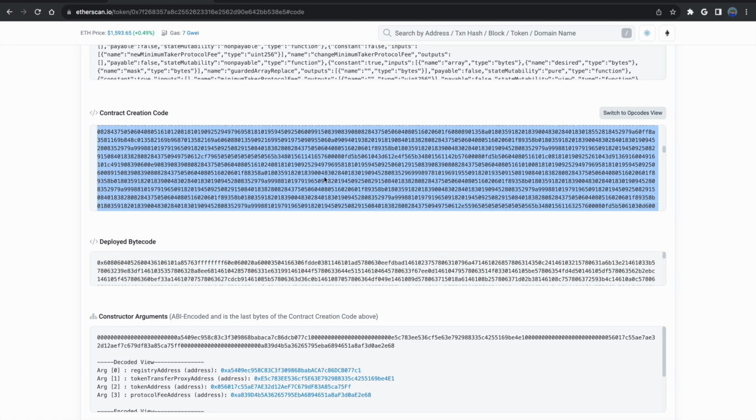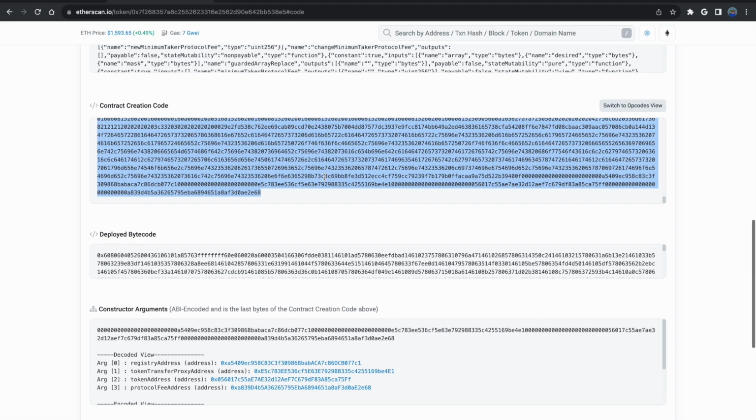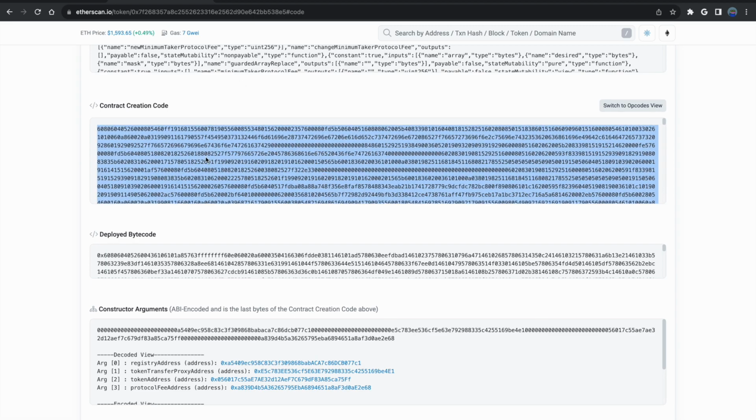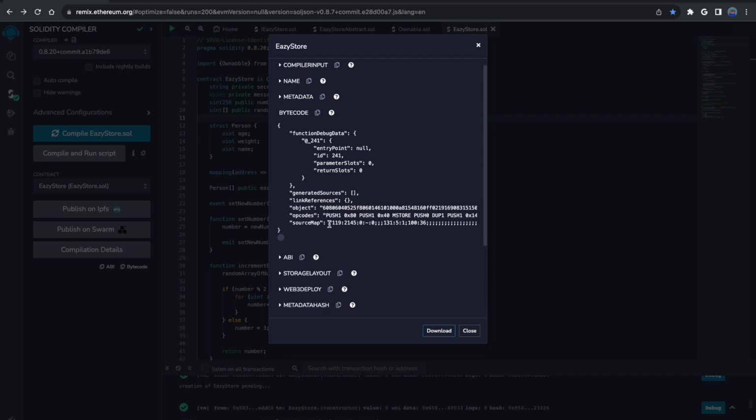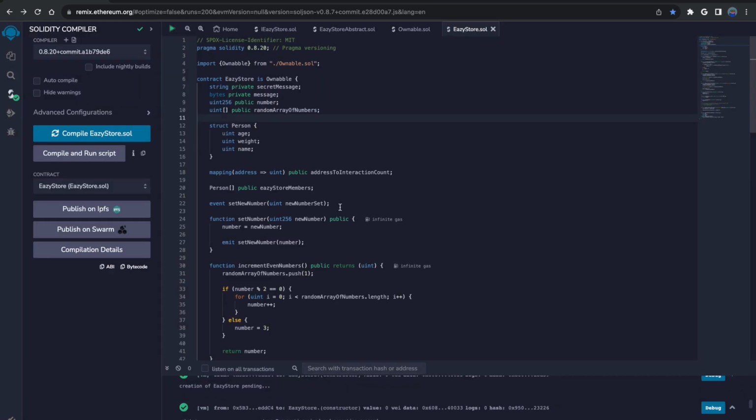This is what your smart contract looks like to the EVM, right? So whenever you go to interact with the contract, these opcodes, which is what we talked about earlier, are what is actually happening under the hood. So that's a little bit about bytecode, compiling, then deploying your bytecode, and then getting it on chain.